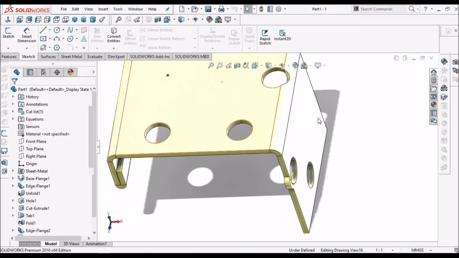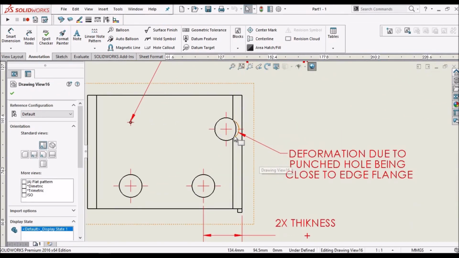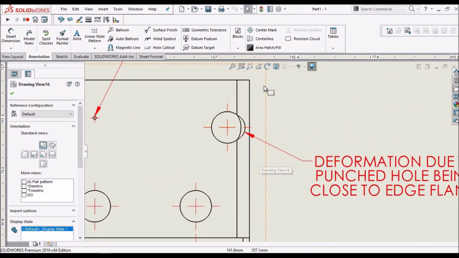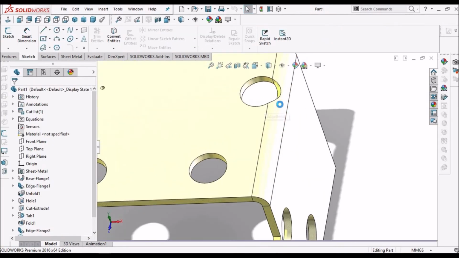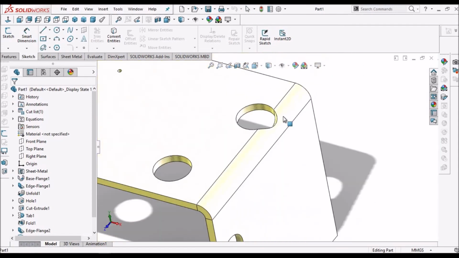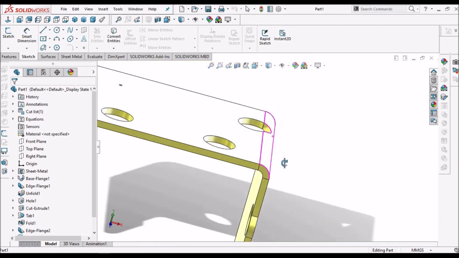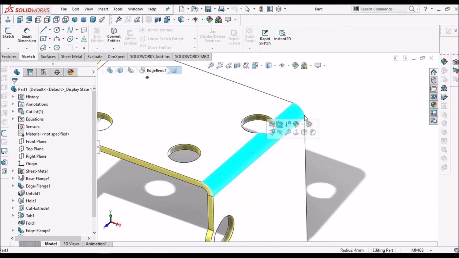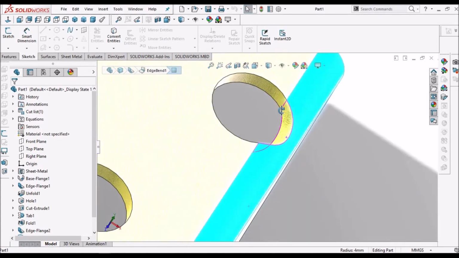Otherwise the hole feature deforms like this. This is not recommended, so it should not be on the bend feature. So this is the bend feature, and it deforms like this.